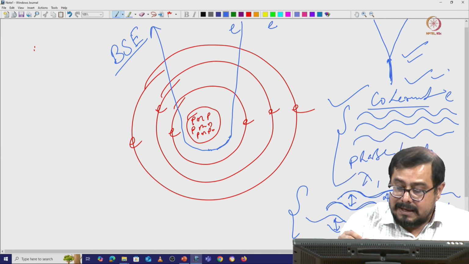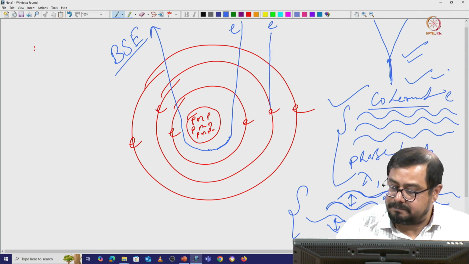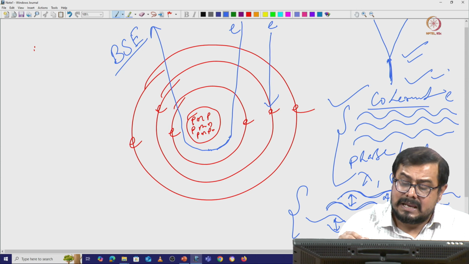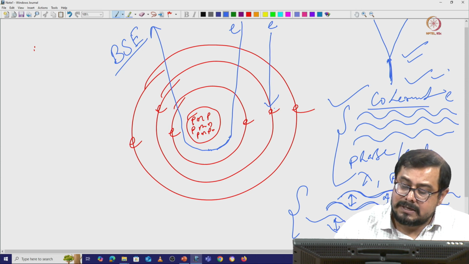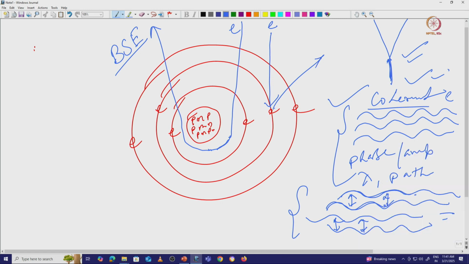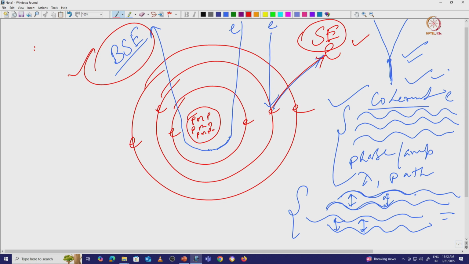So, now here one electron is coming, and if it directly hits here, there are two possibilities. If there is a high energy and high speed electron beam, it will just displace this electron in this direction. So, this red electron will come out from the path and it will go to this direction. So, this electron is called the secondary electron. So, for the scanning electron microscope, we are mostly using these two electrons.